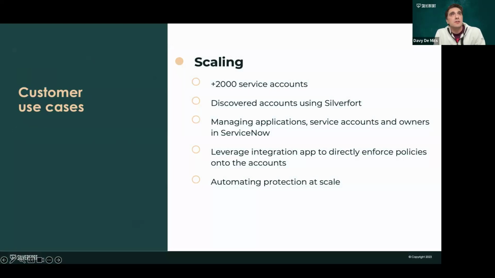So we had a customer who installed Silverfort, where we had a successful project, and Silverfort discovered more than 2,000 active service accounts in the environment. So a big environment. The customer also mentioned that they have ServiceNow, and that's how we rolled into this project to get the integration app there. They have these service accounts in their CMDB and linked to applications. They used the custom schema that I mentioned before, but we got everything in there,